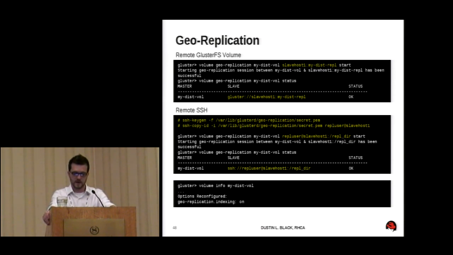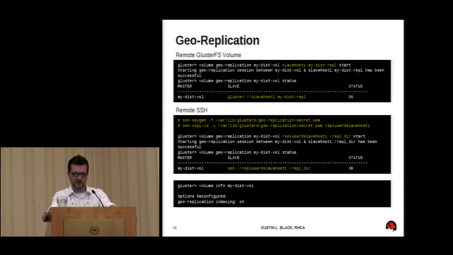And when I run the status on that, you can see it shows the master. The master is the name of the volume that I told it to replicate, and then you see the slave, and it gives that little Gluster protocol tag on there to show you that this is replicating to a remote Gluster volume. It shows the name and the volume, and gives me a status of OK. If your scenario calls for it, you can perform a georeplication to simply a remote SSH share instead of a remote Gluster volume. I still have trouble understanding why you would do this, but I imagine there's a scenario where you would.